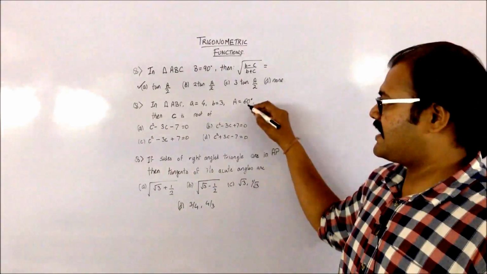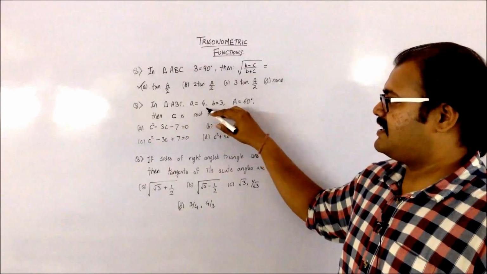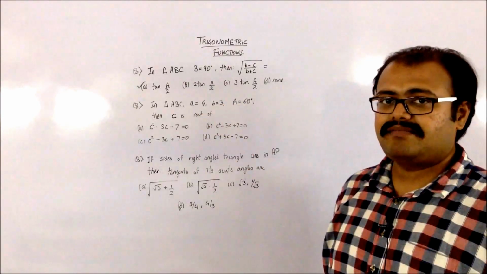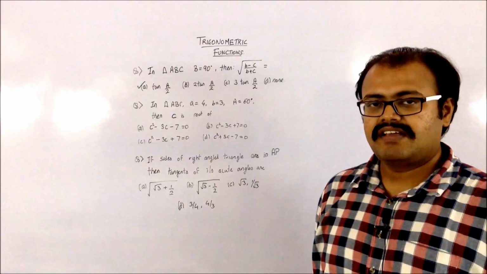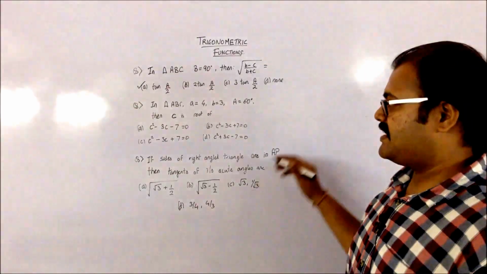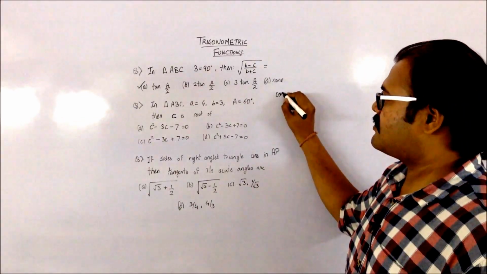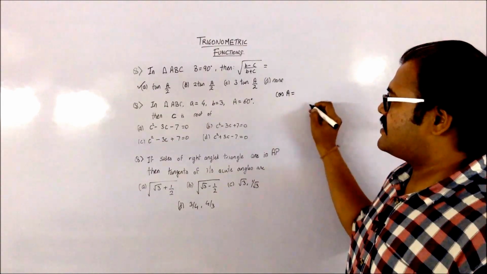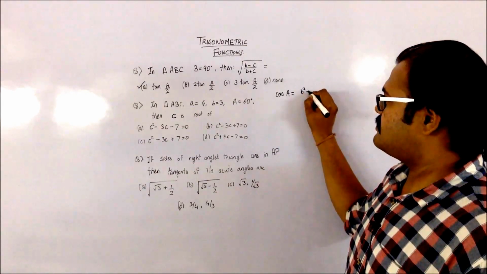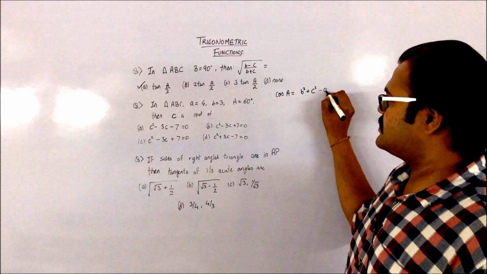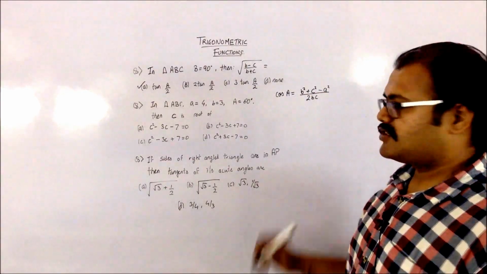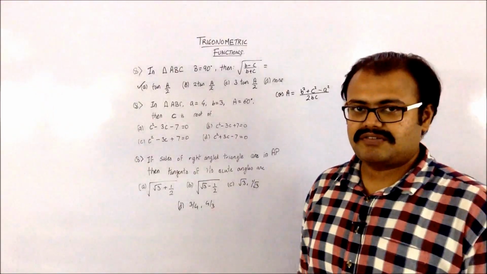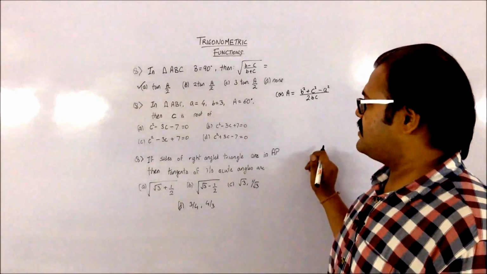So we have the angle A, we have the side A and the side B, and we want to find what is going to be my side C. So what you can do is you can apply the cos rule. So you will have cos A will be nothing but (B square plus C square minus A square) by 2BC. So if you substitute the values which you know, that is of A, B and angle A,